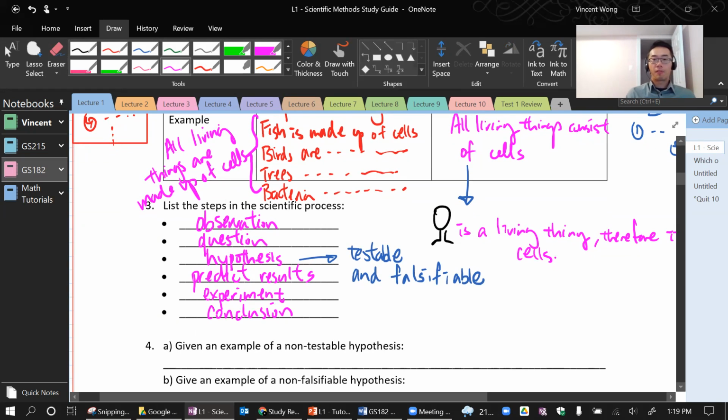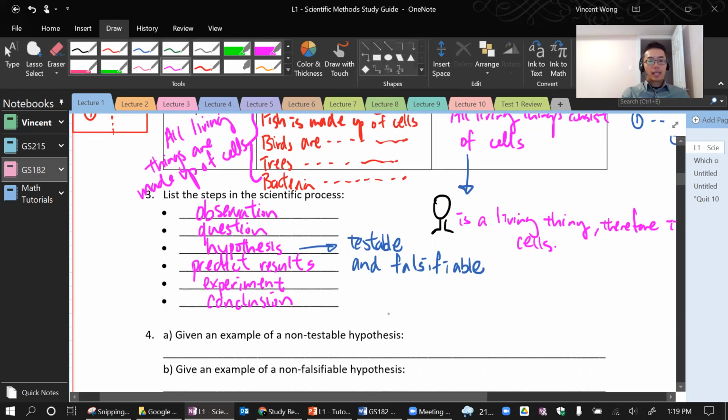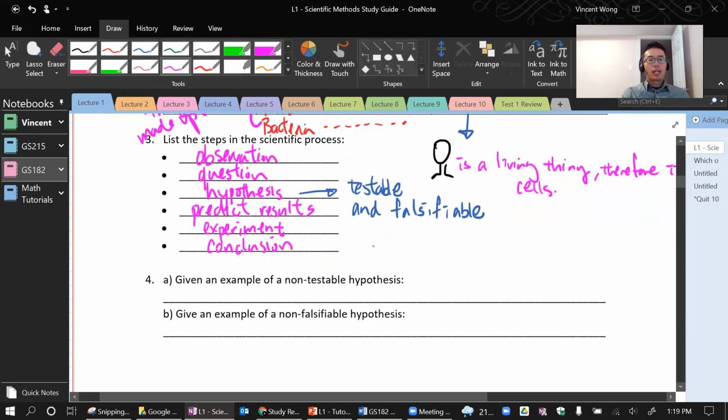Okay? If you reject the hypothesis, you're going to have to make a new hypothesis, and you will have to conduct a second experiment, so on and so forth. Okay, so that is that. Now, let's give an example of a non-testable hypothesis. Okay, so something that cannot be tested would be like chocolate